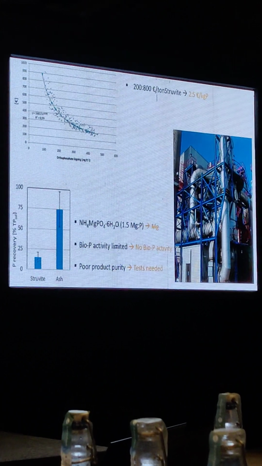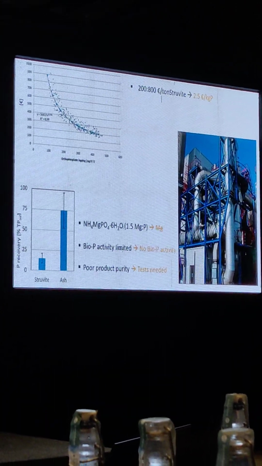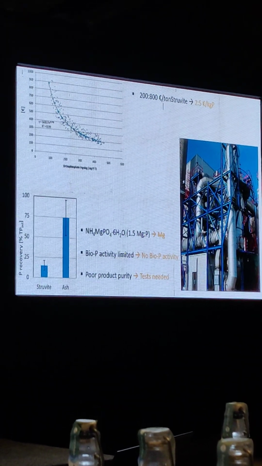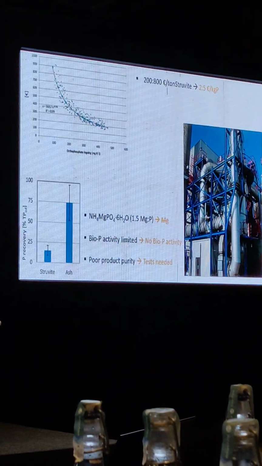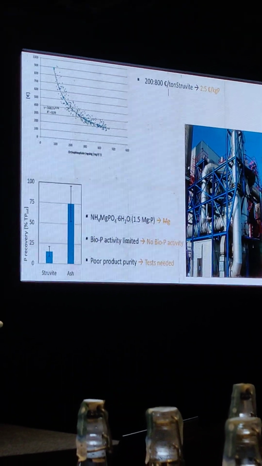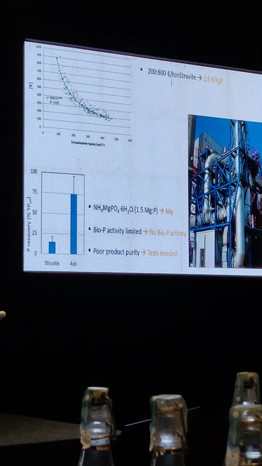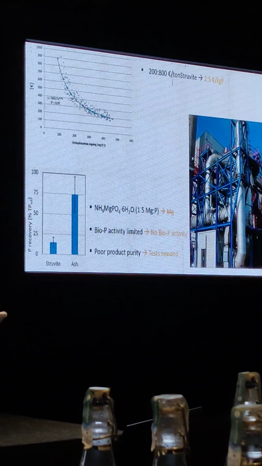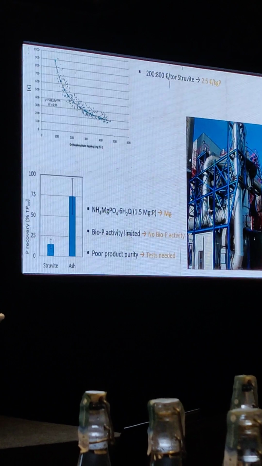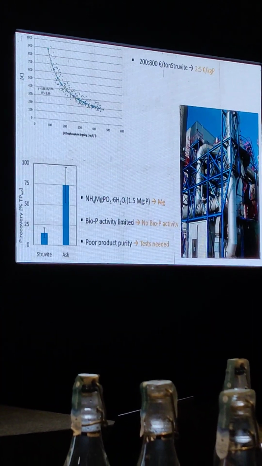If you look at fertilizer, something that would really be used on site, Aquafin has a lot of experience. We have been operating since 2010 large-scale struvite reactors, both from digestate and centrate. And what we have learned, what we know, is definitely one important aspect. The recovery of phosphorus is pretty low. It's only 15% that you may recover, whereas if you would do it from the ashes, it's 85%.